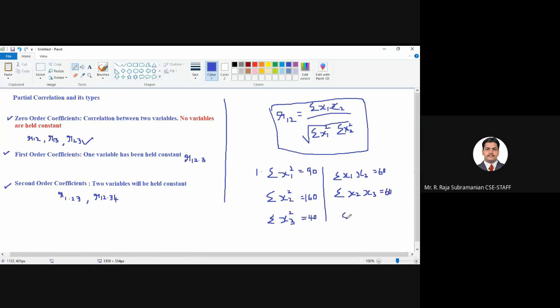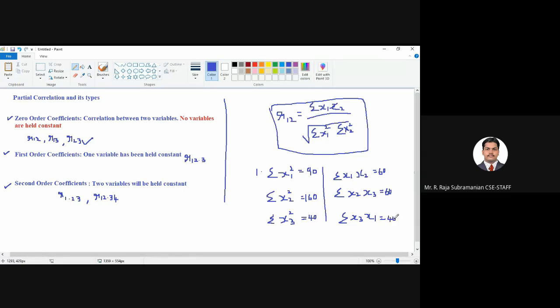Summation x3 x1 is 40. So like this, values will be given, and you should be in a position to identify